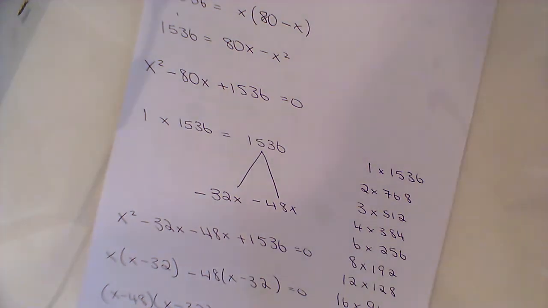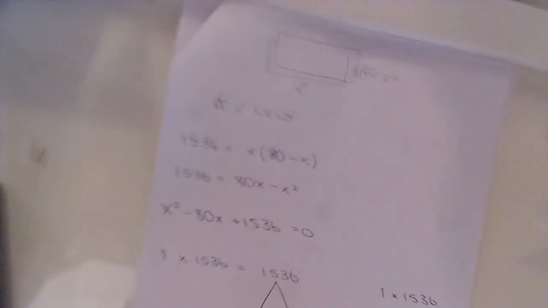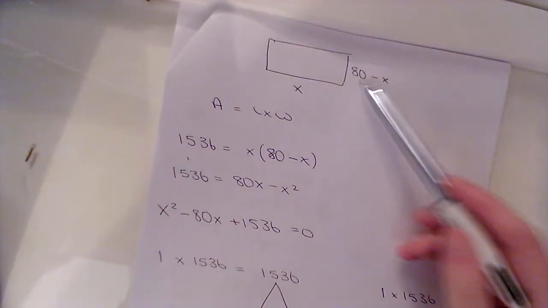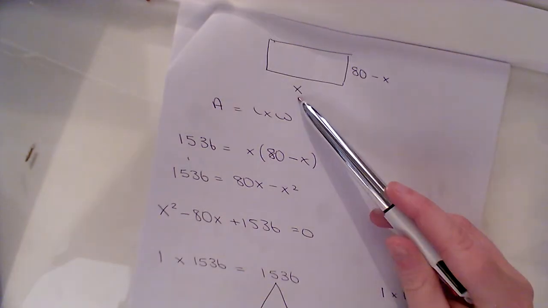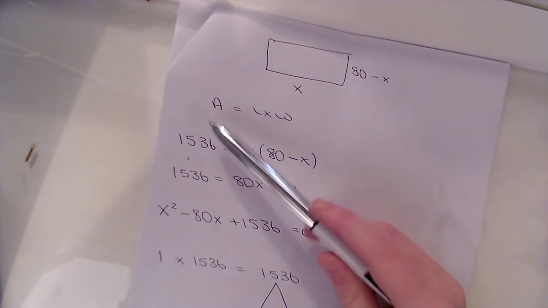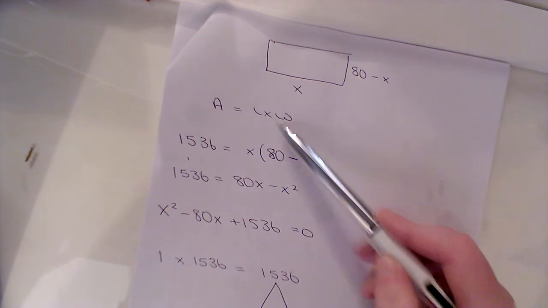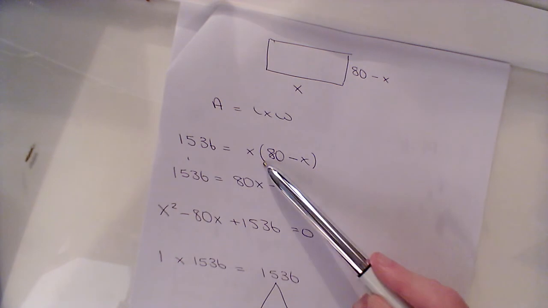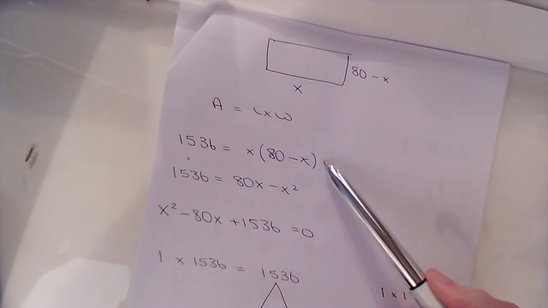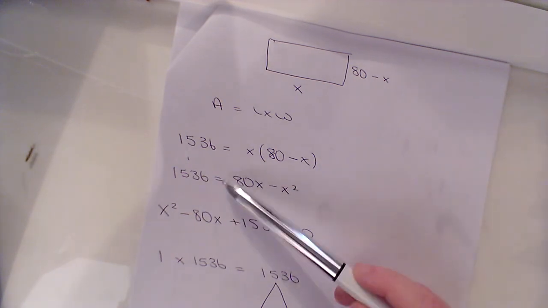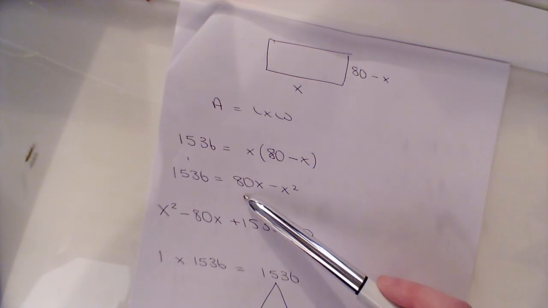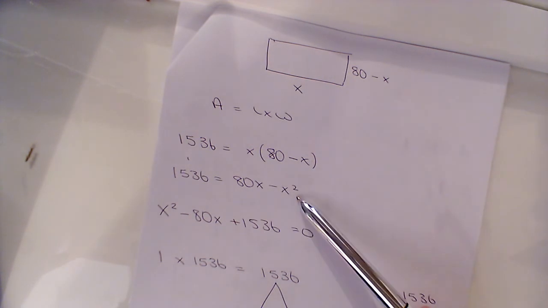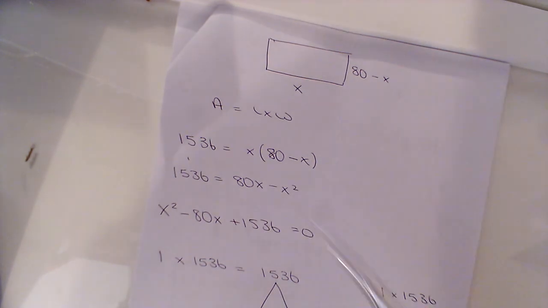I got my width was 80 minus x. I was told my length was x earlier. My area is equal to length by width, and I know my answer is 1536 is equal to my length, which is x, bracket my 80 minus x. So I have 1536 is equal to x times 80 is 80x, x times minus x is minus x squared. I'm going to bring everything over now to this side, so I'll have x squared minus 80x plus 1536